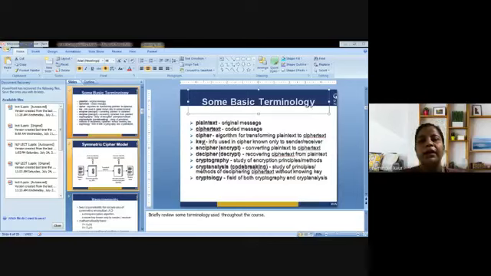Next is encipher, that is concerned with encryption. Next is decipher, that is concerned with decryption. So encipher means we are supposed to convert plain text to ciphertext, and decipher means recovering the plain text from the ciphertext. Next is cryptography, the study of encryption principles or methods that we are going to use while dealing with symmetric key encryption. Next is cryptanalysis, that is code breaking, the study of principles or methods of deciphering ciphertext without knowing the key. Next is cryptology, that is the field of both cryptography and cryptanalysis.